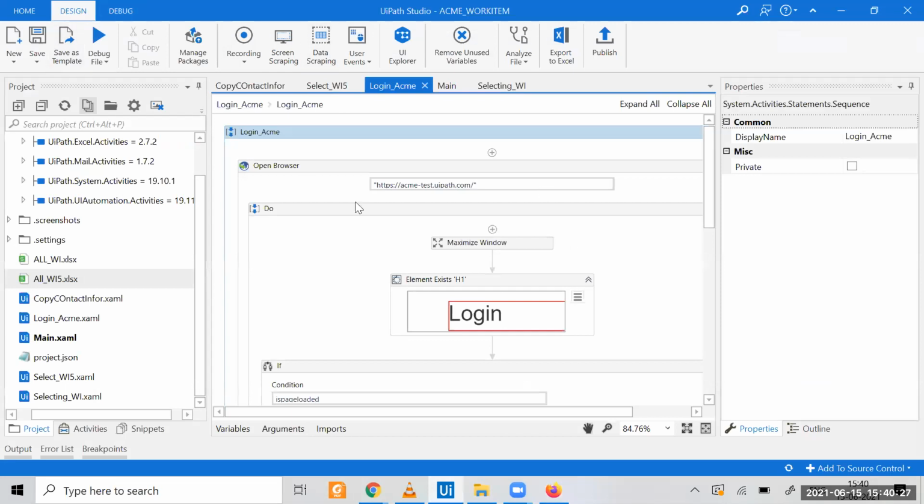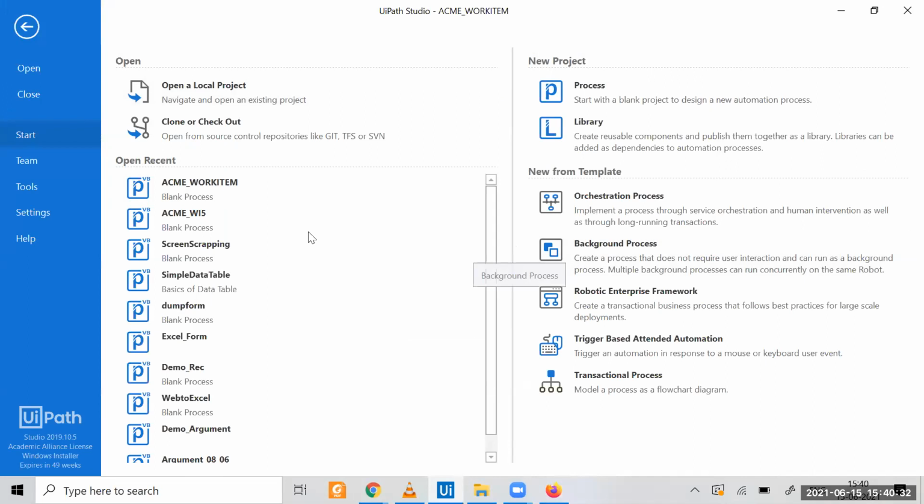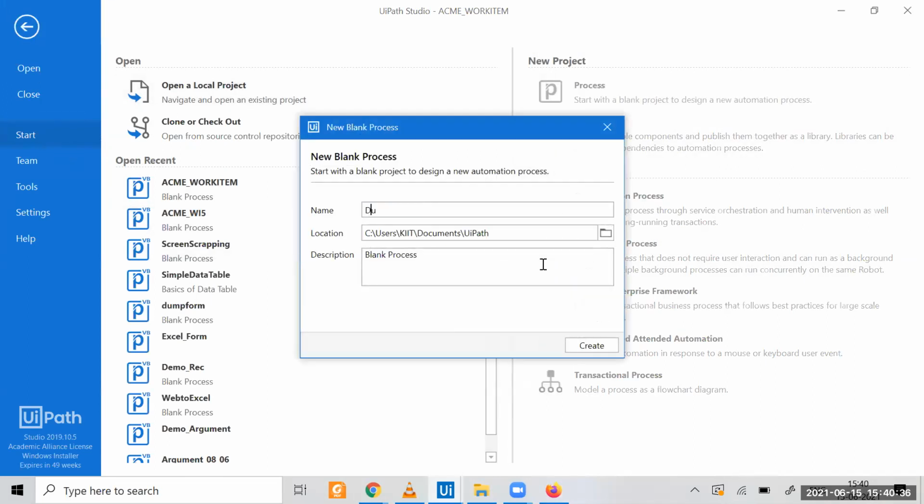Let's create one dummy process, a dummy contact copy process.